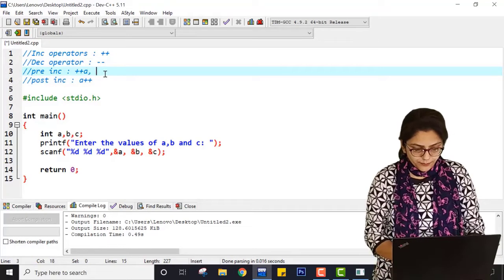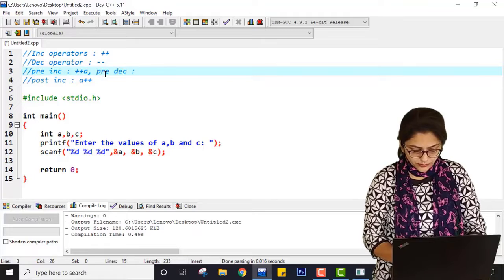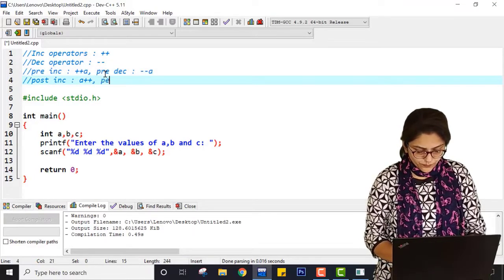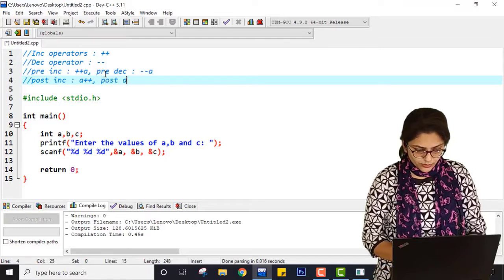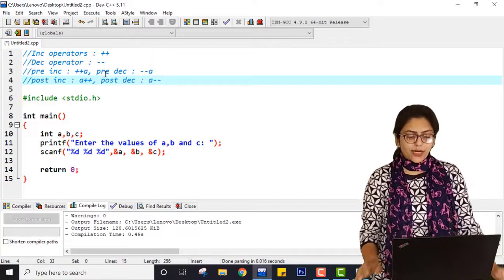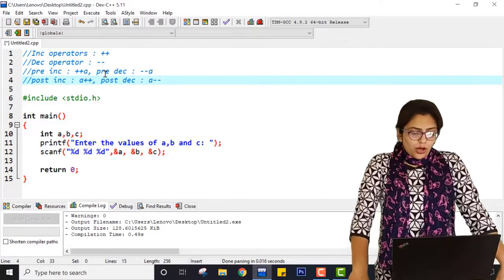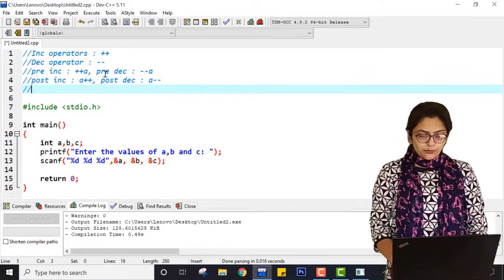Similarly for decrement. Right? Now, what does this expression plus plus mean?